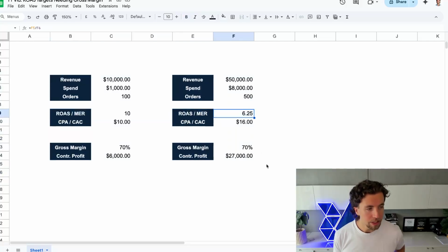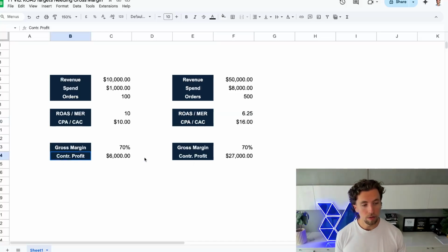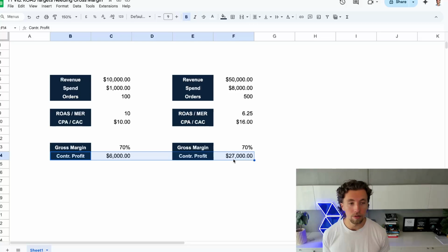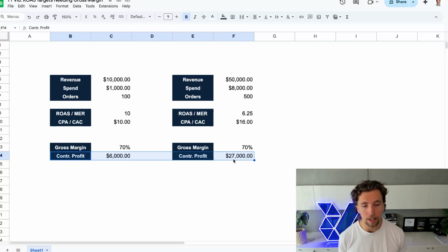You might be looking at efficiency here and going, wow, we've been so used to a 10 ROAS for the last 3 years, right? That's normally what we're used to. That's what we're acclimatized to. We don't want to go down to a 6. That seems too poor of a return. But the reality is that that kind of mindset and not being able to share the gross margin figure with your agency means that you're going to leave $21,000 in contribution profit per month on the table. And assuming that your operating expenses don't increase between these two scenarios, which realistically, if these are monthly figures, they shouldn't, you're going to make an extra $21,000 a month in profit.